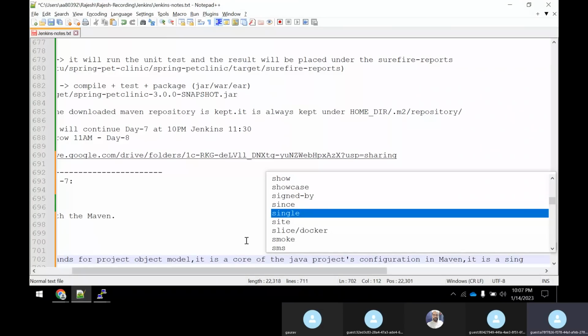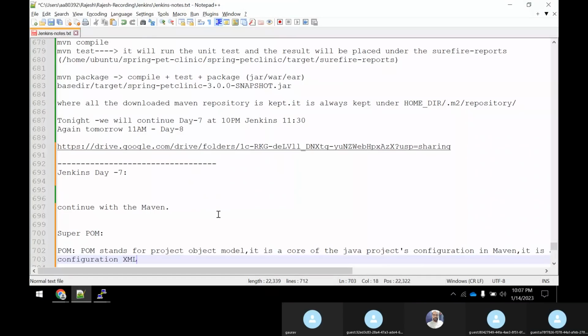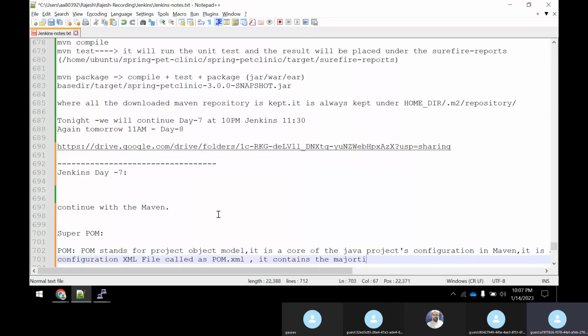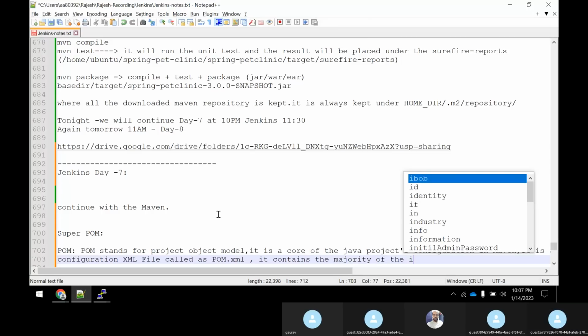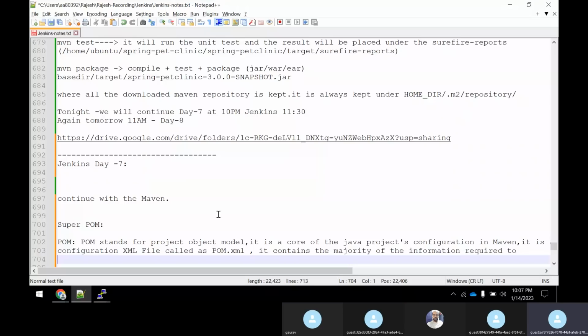It is a single configuration XML file, which is called the pom.xml file. It contains the majority of the information required to build the project.